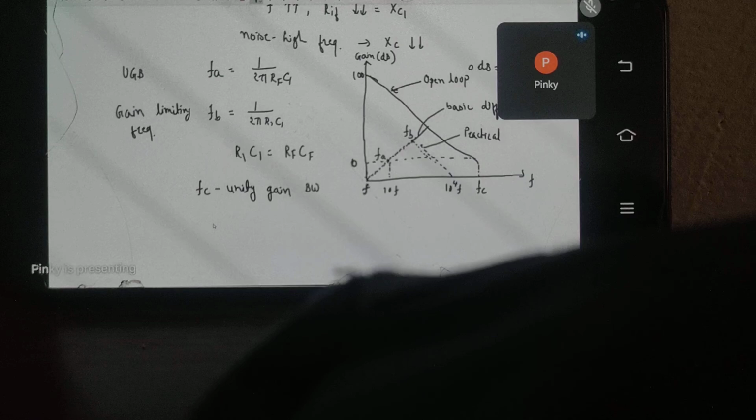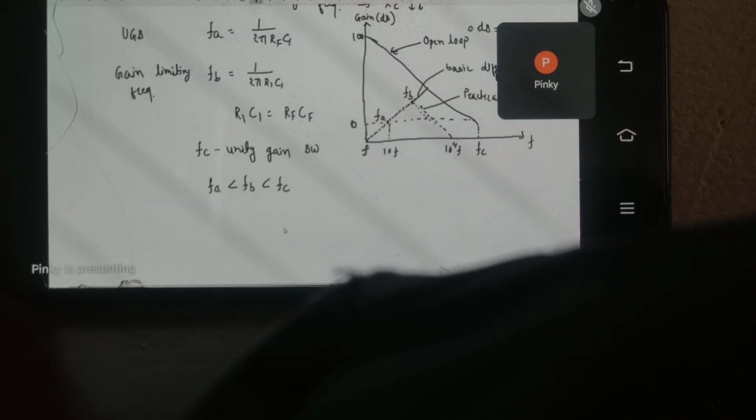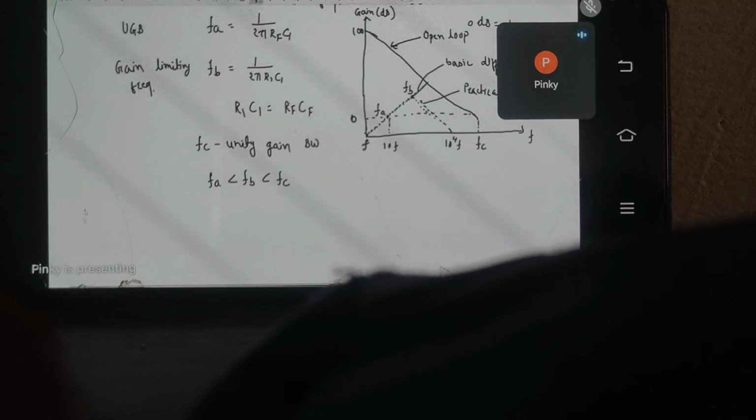And how will you select this frequency? This FA should be less than FB and FB should follow these two steps